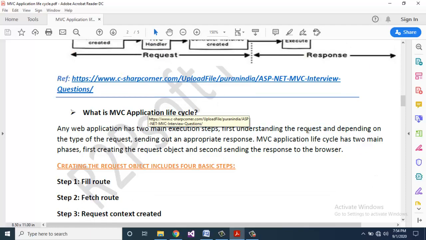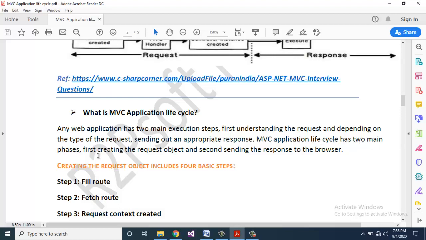What is MVC application life cycle? Any web application has two main execution steps. First, understanding the request, and depending on the type of request, sending out an appropriate response. MVC application life cycle has two main phases.